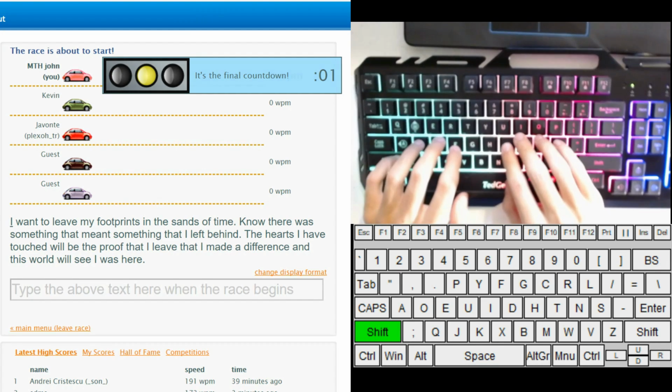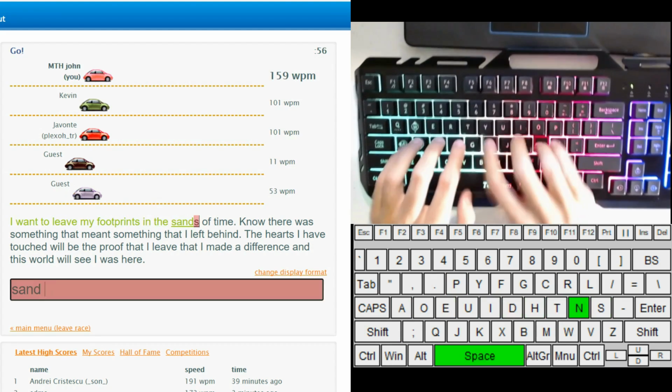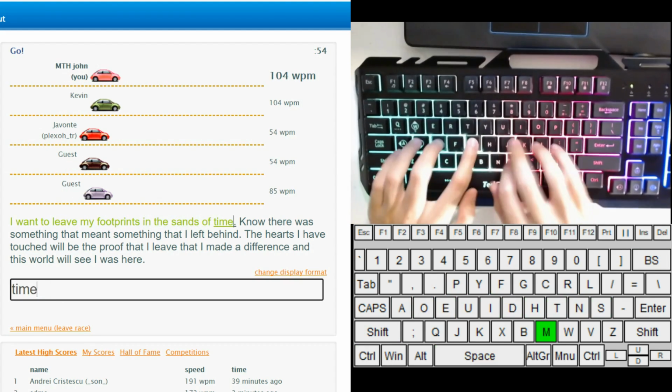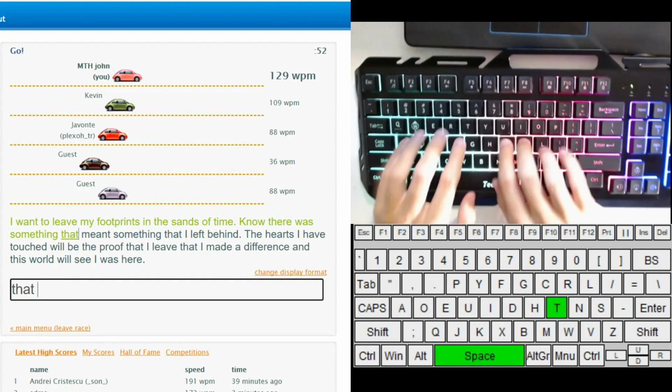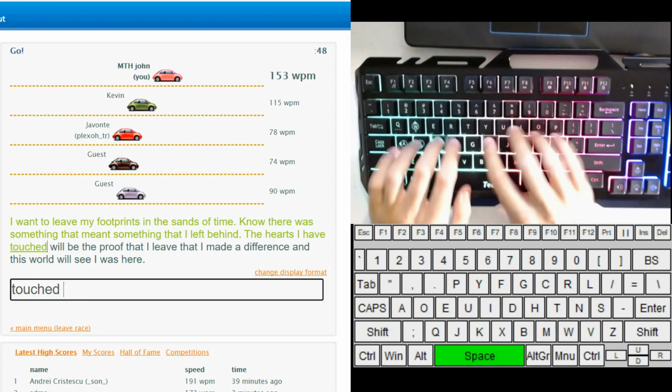Some of you might think that I've wasted my money by buying these keyboards, and you'd be correct, but for real though, it is nice to know that there are cheap options available. A lot of you might disagree, but these keyboards won't hold you back until you're averaging at least around 160